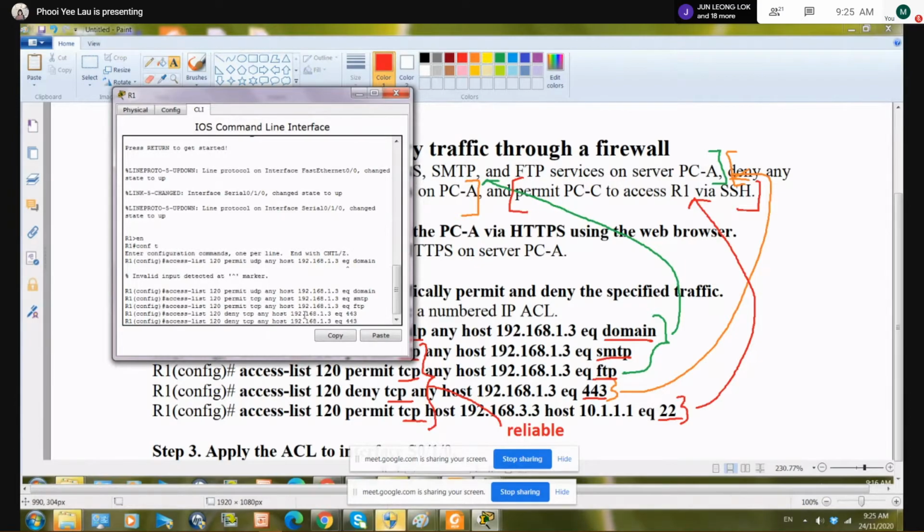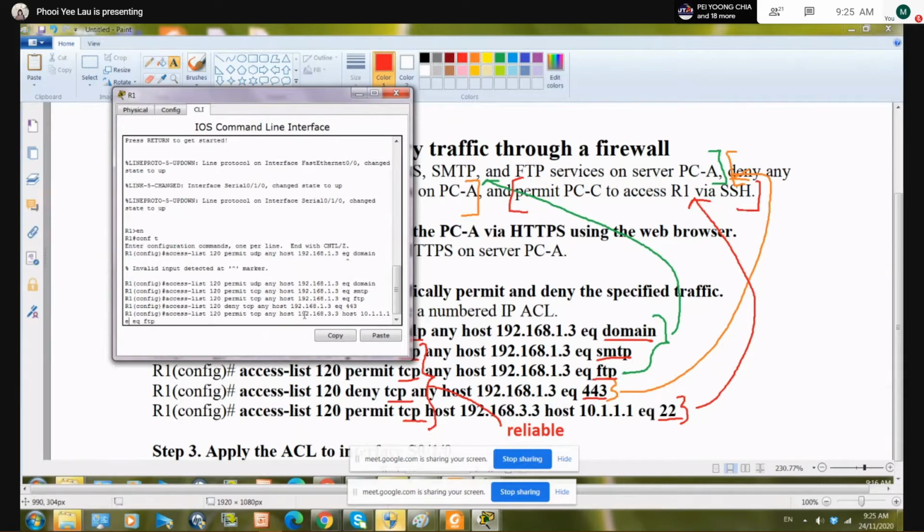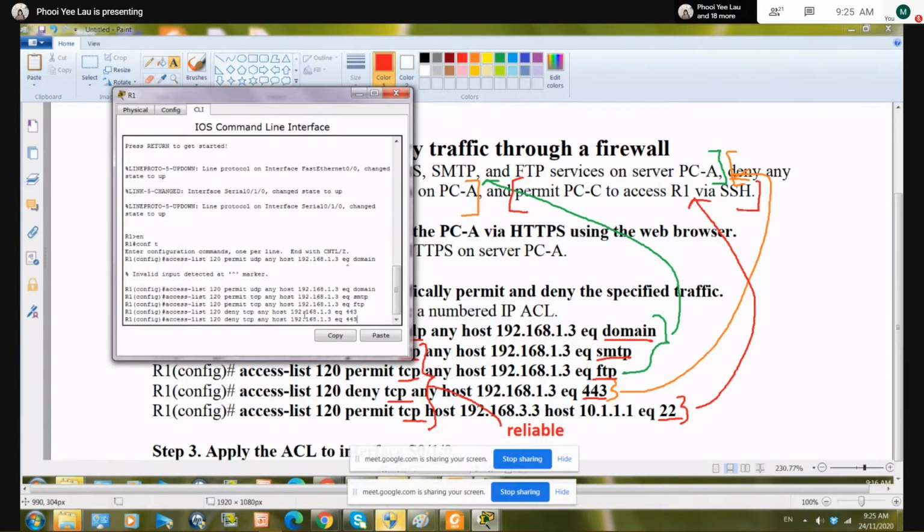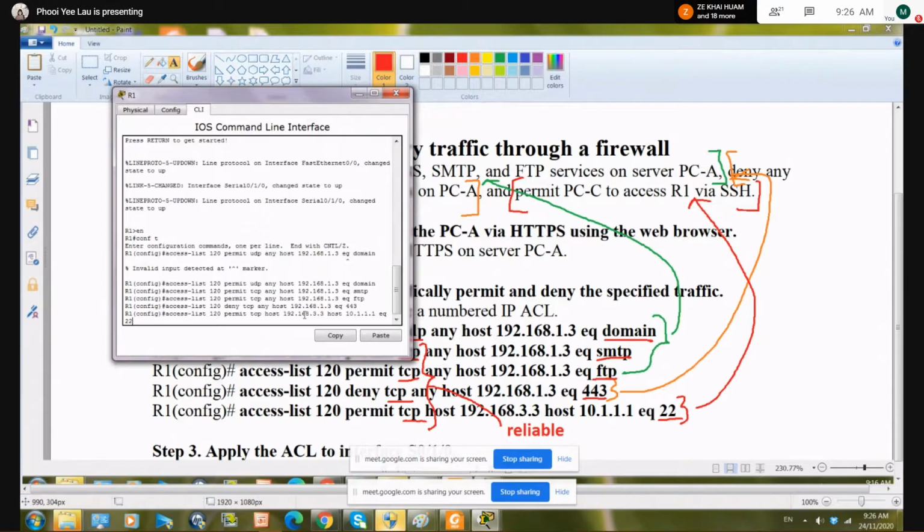And then the fifth one is you want to permit TCP host 3.3 to host 10.1.1.1 equivalent to, okay, yeah, permit TCP host 192.168.3.3 host 10.1.1.1 equivalent to 22. This is your SSH. Okay, so